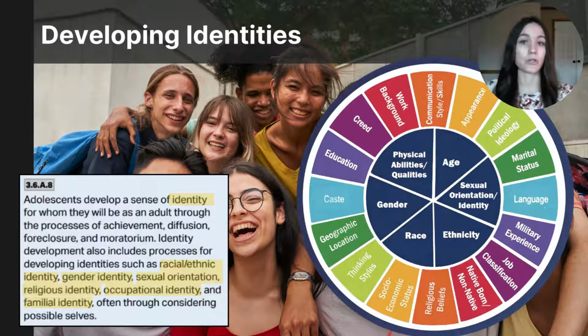By early adulthood, most individuals have developed a clearer sense of their familial identity, like their role as a parent, an aunt, a sibling, a partner. And as their responsibilities in life grow, adults are going to further integrate that familial identity into a part of who they see themselves as.